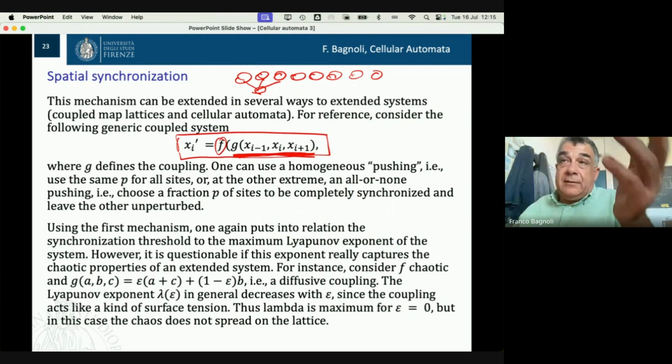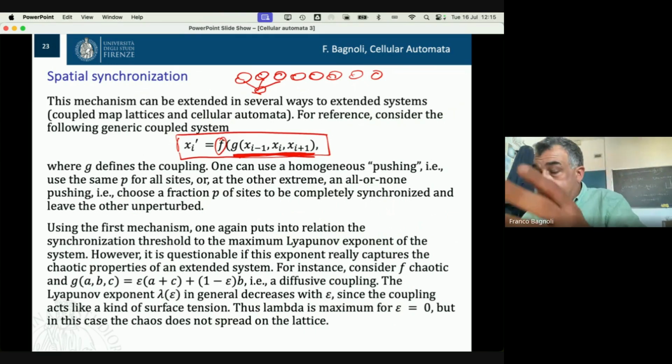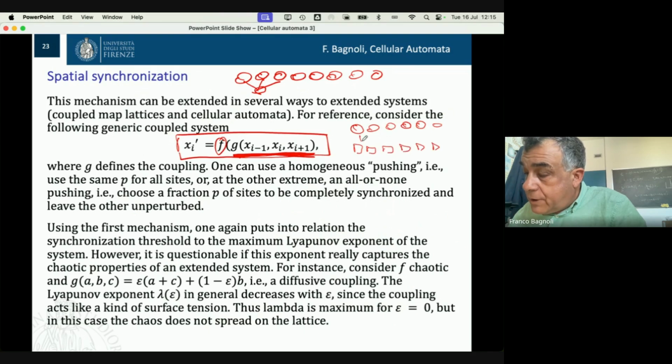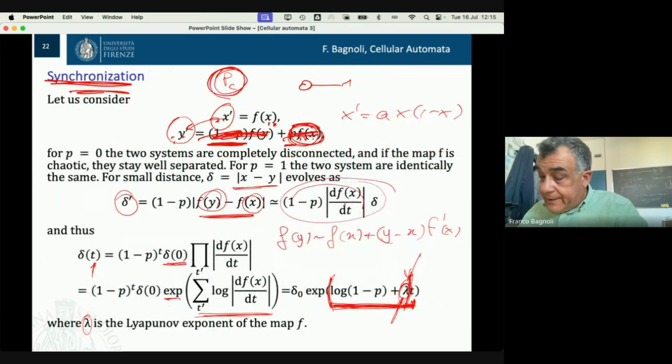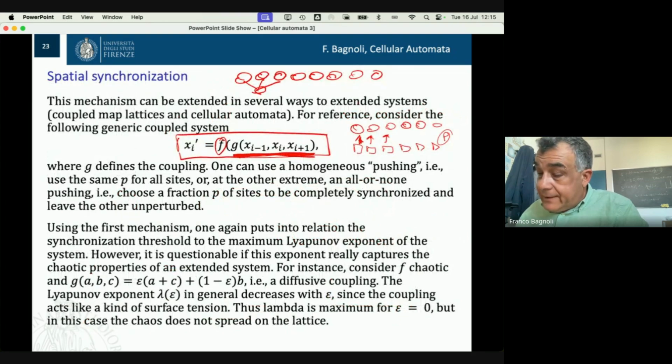And clearly, this system can follow a lot of different behaviors. Now, consider you have a master and a slave. And so if you push every slave towards the master with the same probability P, this analysis still holds, and you find that the critical value of P is related to the maximum Lyapunov exponent of the maps. But